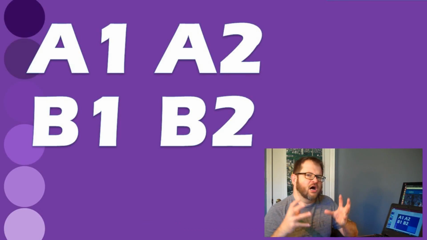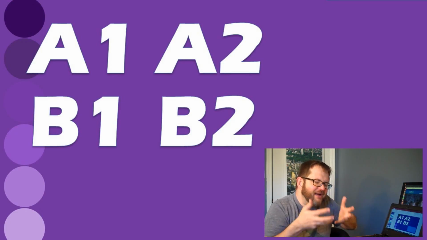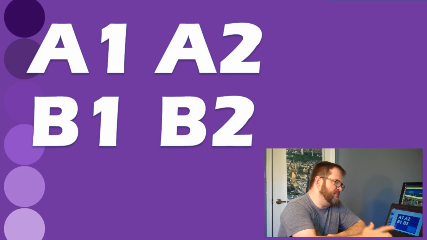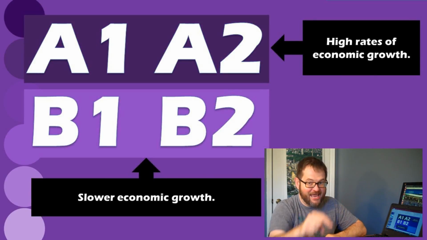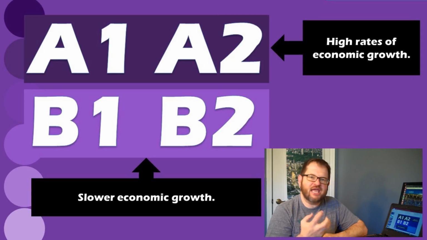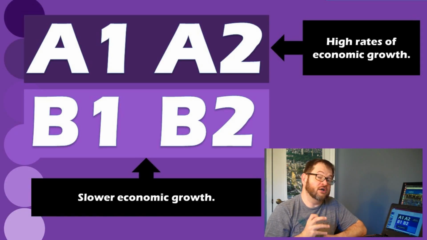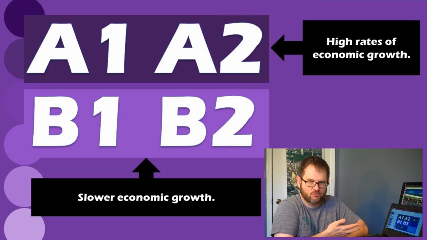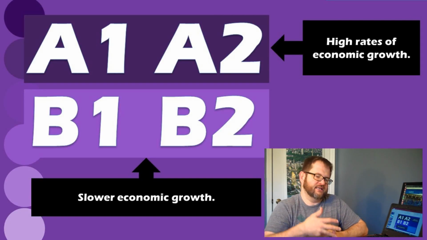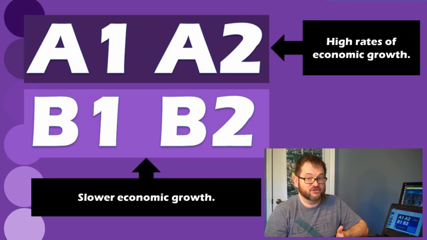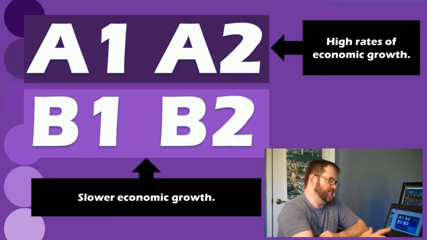And so we have this system of 4 different families of scenarios here, storylines of scenarios. And I want you to notice that there's a bit of a pattern here. The ones that start with A are the scenarios that have high economic growth. They are assuming that the world's affluence is going to continue growing. Whereas the B scenarios are assuming that the growth will be slower, whether for relatively happy reasons, like in B1, where we're emphasizing growth of the sustainable economies and so on, or B2, where the global economy falls apart. Both of those have slow economic growth.